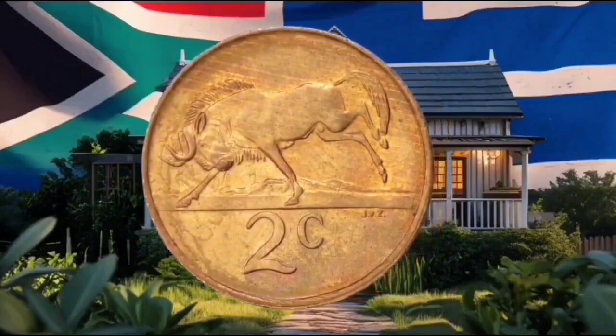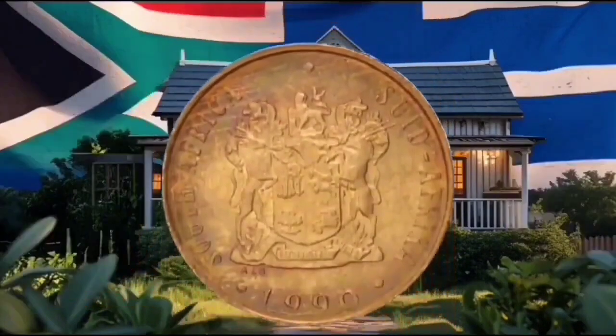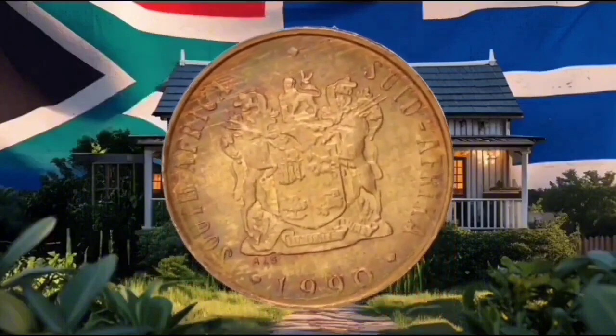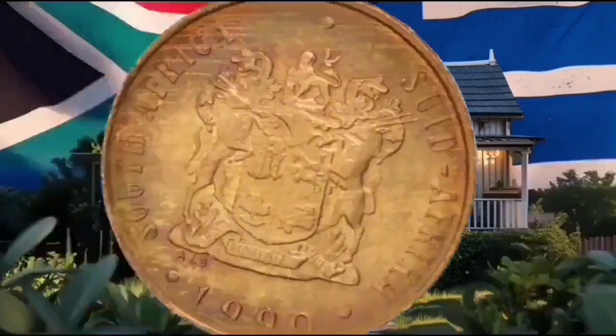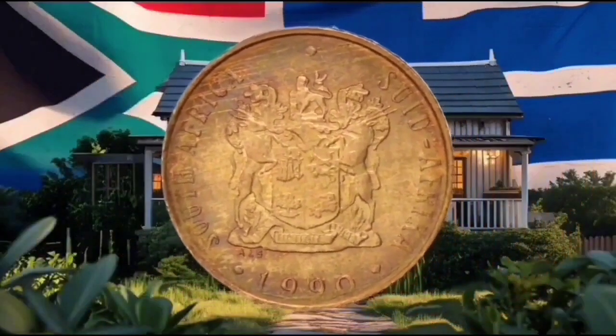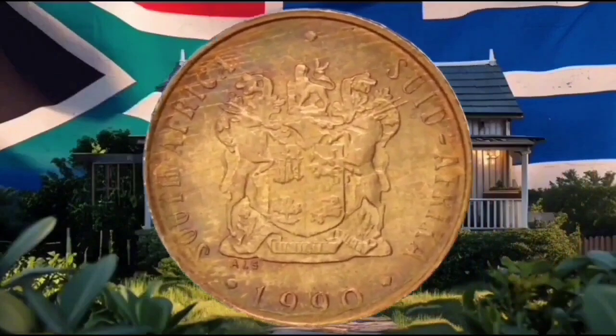The obverse side of the coin features the South African coat of arms used from 1910 until 2000. The coat of arms includes a lion, shield, and other traditional elements, symbolizing unity and heritage. Above the coat of arms, you'll find the name of the country in English and Afrikaans, South Africa, and SUID